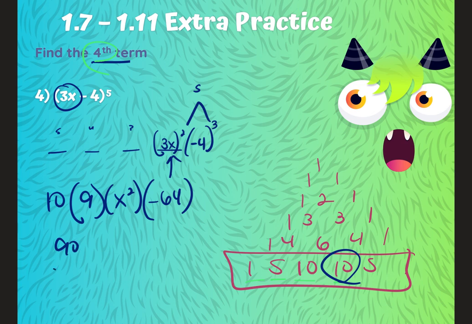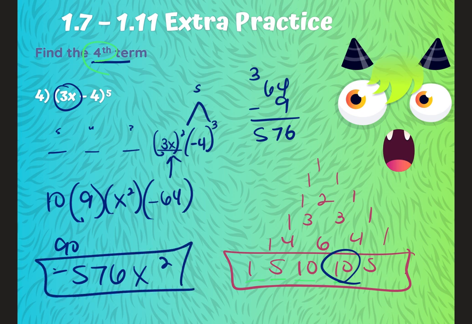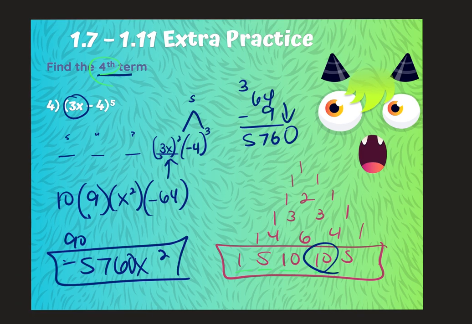I'd get 90 times -64. And again, this is where you'd have a calculator, literally just for that math is the only reason. -576 x squared, times 10 from that. And the last one, which I